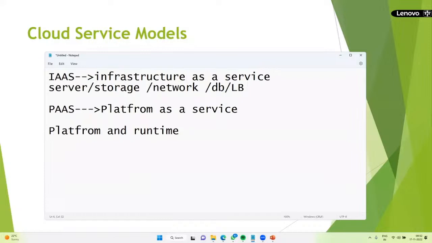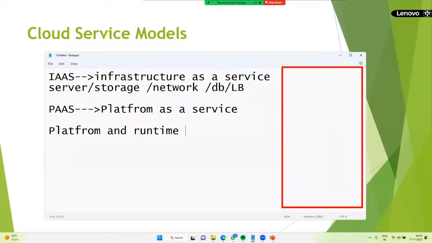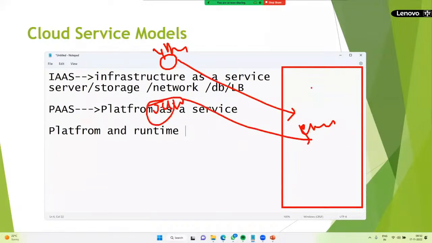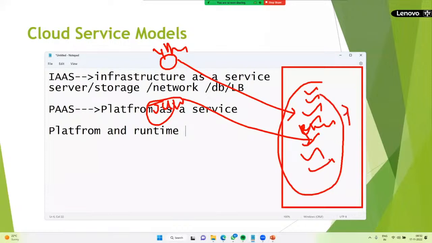So here you need not worry about anything. They are providing an environment where you can host any application. If you have a .NET application, go ahead and deploy it. If you have a Java application, yes, go ahead and deploy it. Here, installation, configuration, management, networking, DNS, environment, and patching activity, everything is taken care of by the vendor.